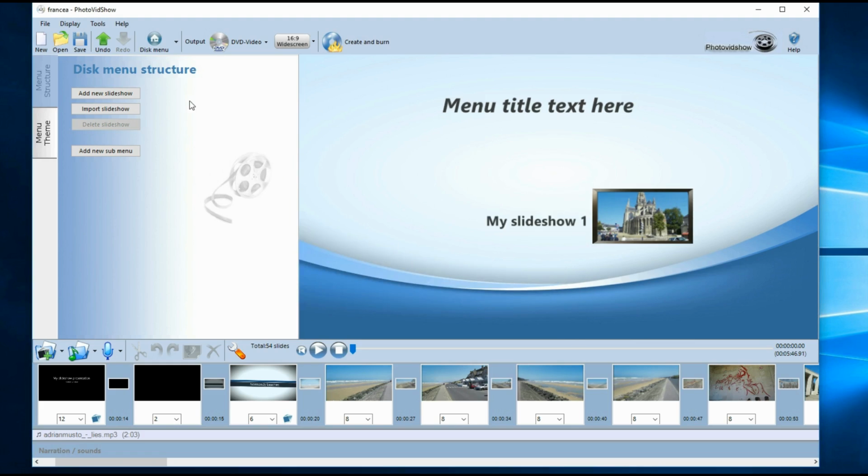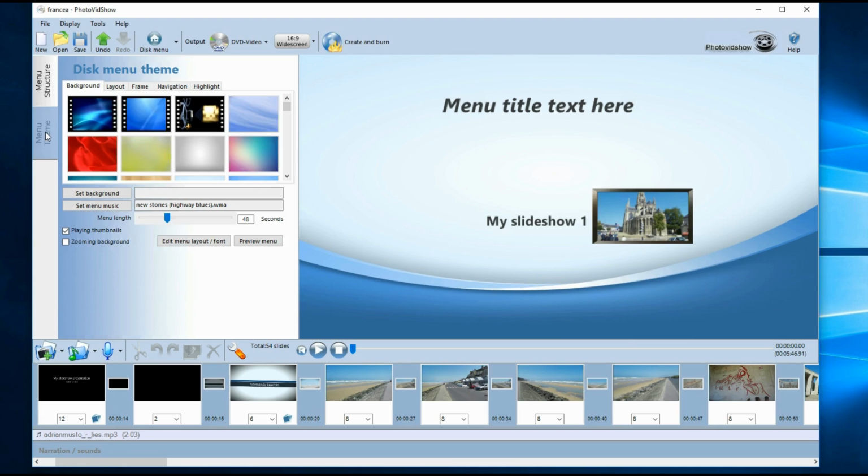Right, the first thing to say is when you go to the disc menu thing here, it normally shows something called a menu structure. They've got menu structure and menu theme. Now the menu structure is the thing that allows you to have multiple slideshows or even multiple menus and things like that. So we're going to cover that in a later tutorial. That's actually more of an advanced option. So for now we're just sticking to one menu, one slideshow, and we just want to change the look and feel of it. So what you need to do is left click on the menu theme tab here,